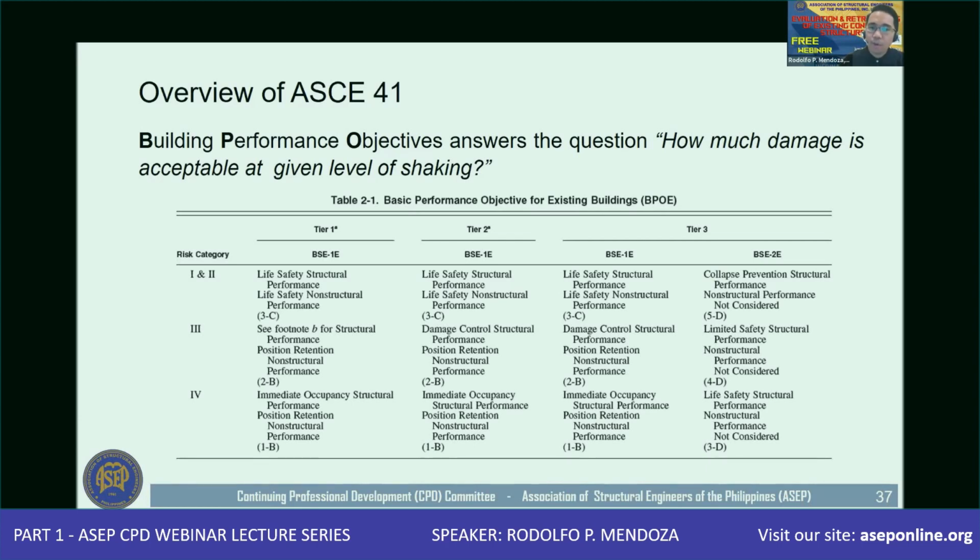One is what we call BPOE, where E stands for existing structures, and the other is BPON, where N stands for new structures. And you will notice here that the performance objective is always a function of the seismic hazard level. This is BSE. These are called seismic hazard levels. And these items here are what we call